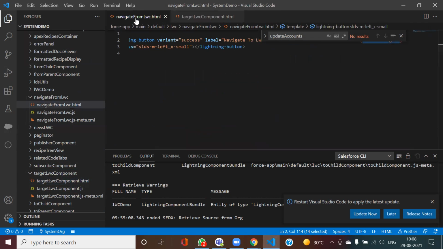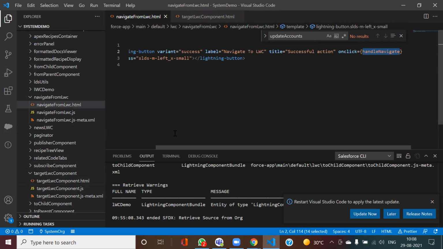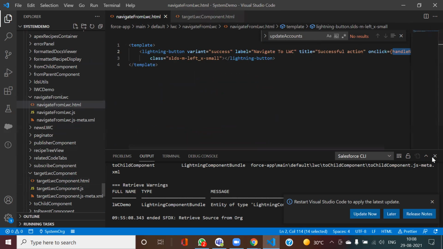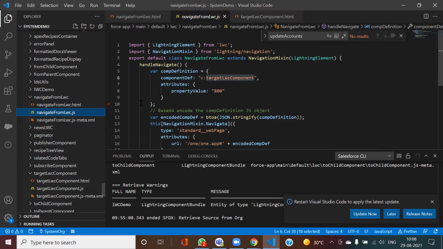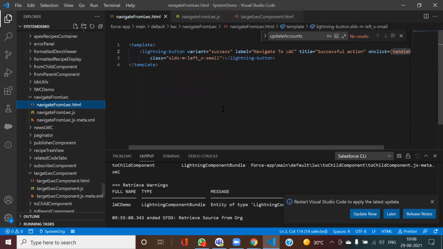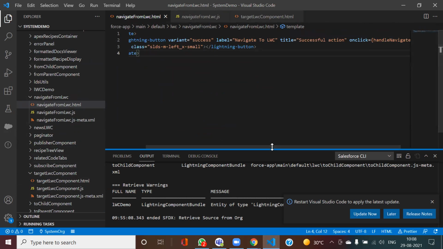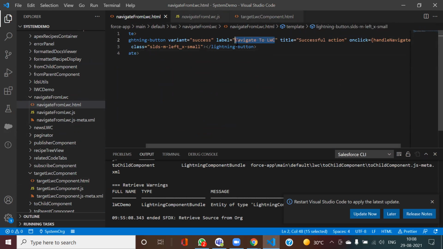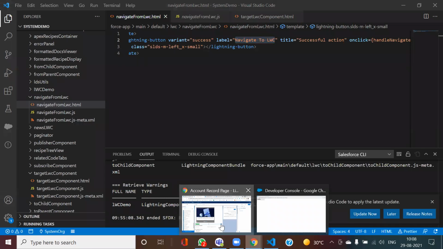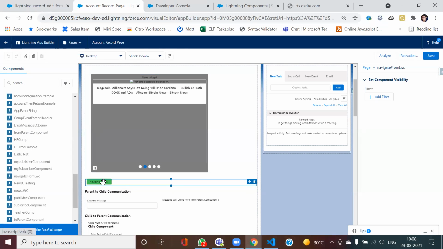Yeah. So here if you see in this LWC, I have this button, navigate to LWC.